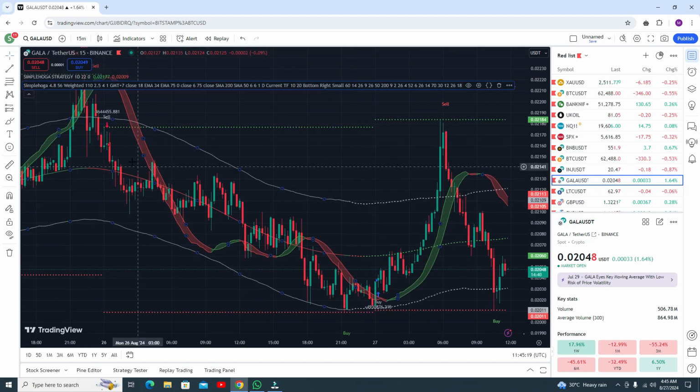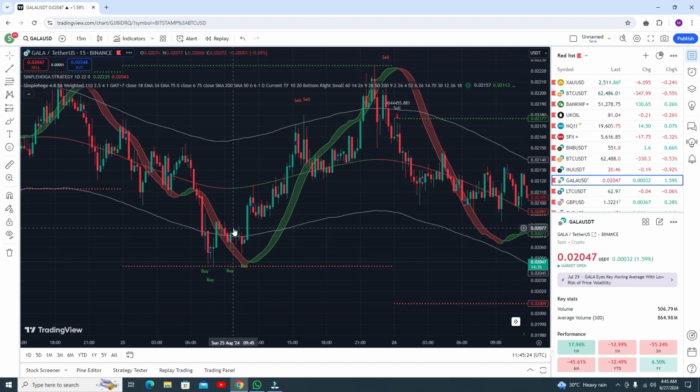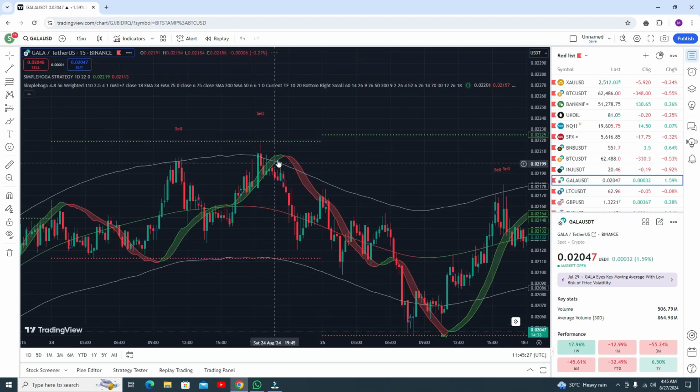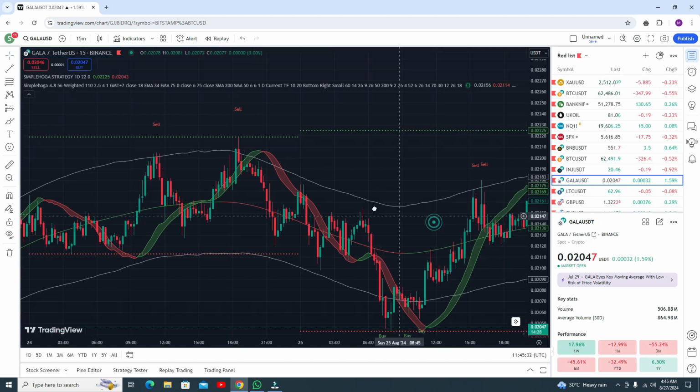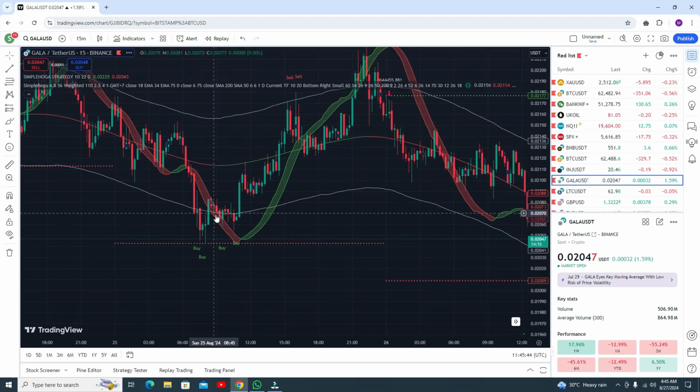And let me show some other results here. Here you can see this is our sold condition, this is our bought condition. Okay, here you can see this is our sold condition, so it will also help you a lot. Whenever the RSI is crossing the upper band line and the candles are coming inside the RSI ribbon, you can see the market is going downside. Here you can see RSI is going downside, and these candles are outside, but this candle is inside the RSI ribbon, so this is our bought condition and gives you profit here.